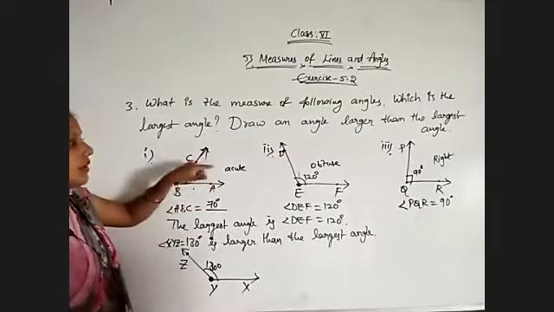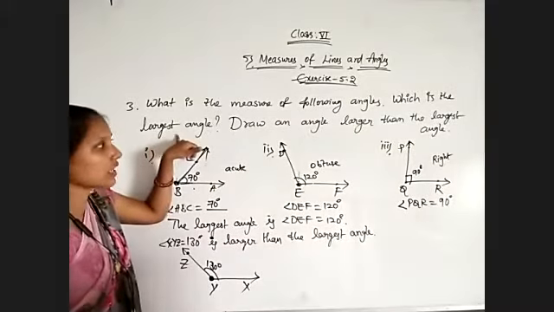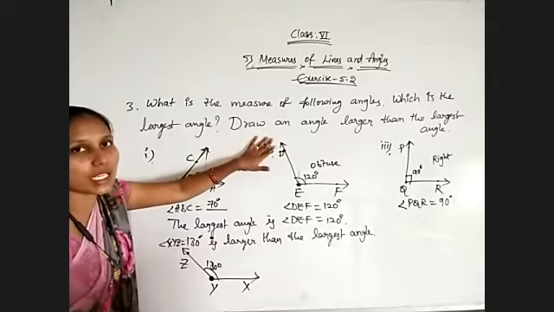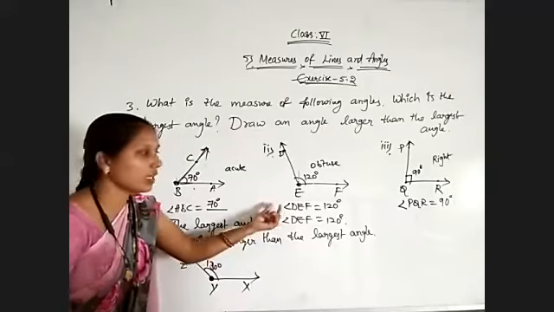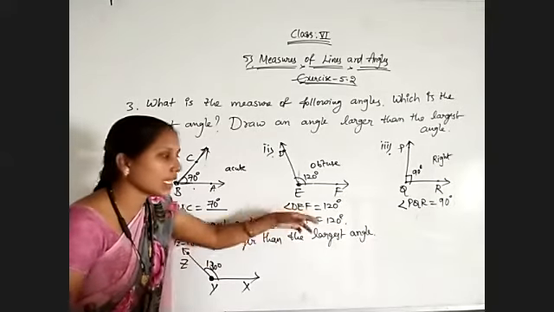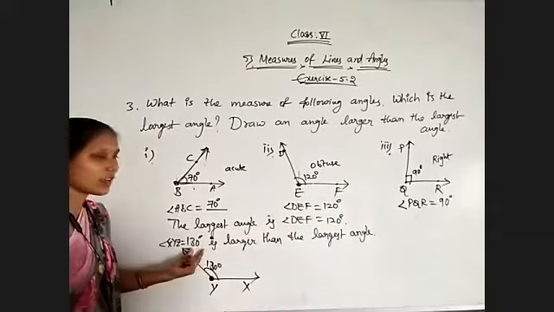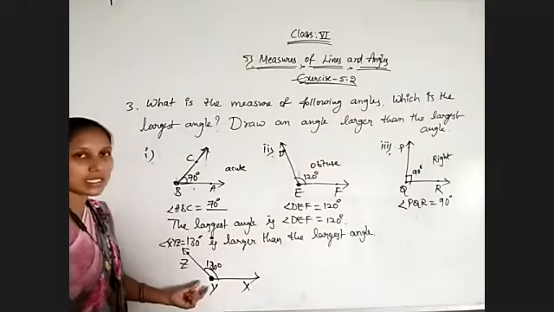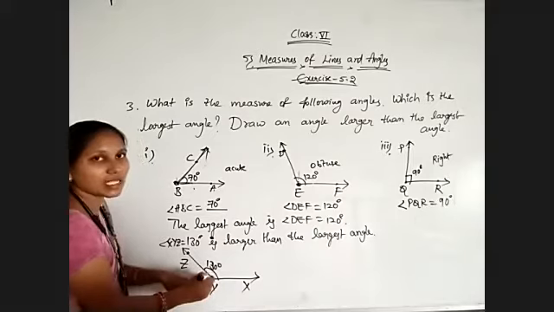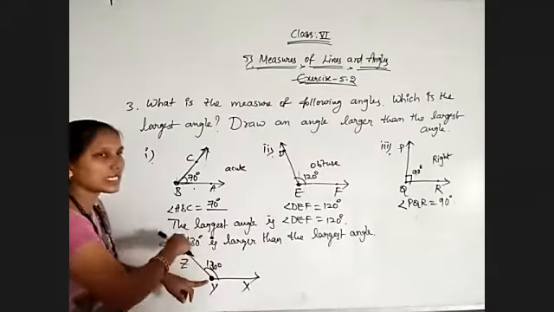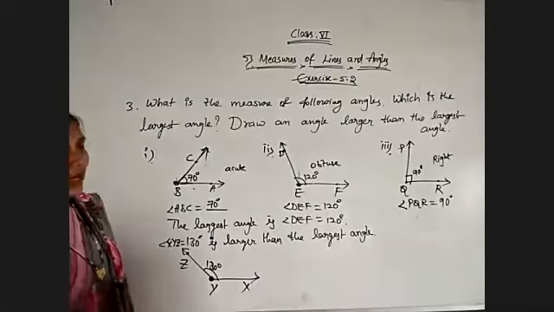According to the question, we need to measure these three angles. After that, we need to decide which one is the largest. And after that, we need to construct an angle which is larger than the largest angle, which means bigger than the largest angle. That is, 120 degrees is my largest angle, and I have to construct more than that. So I have used 130 degrees. I am constructing by taking ray YX, and at Y I am placing the protractor properly, and I construct 130 degrees using the protractor. I hope you understood.